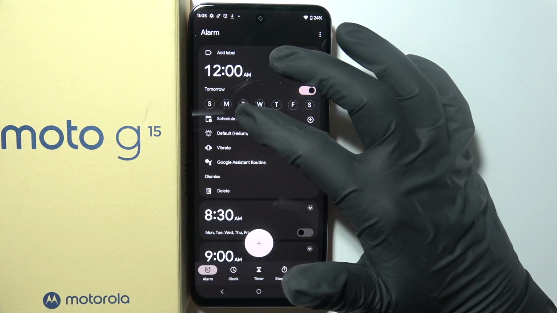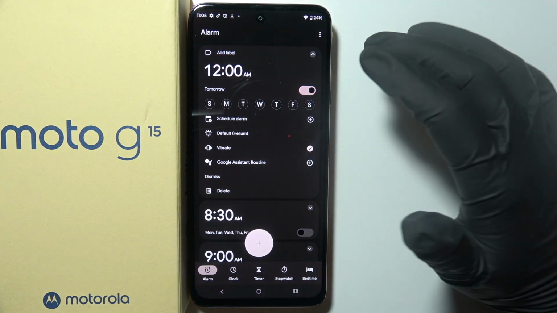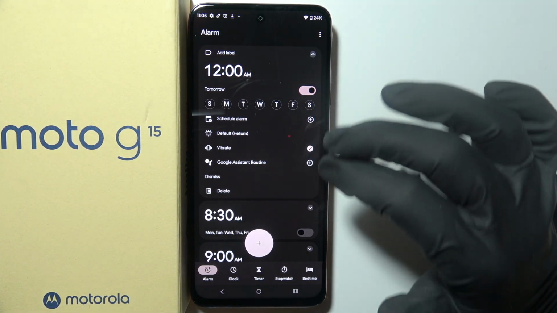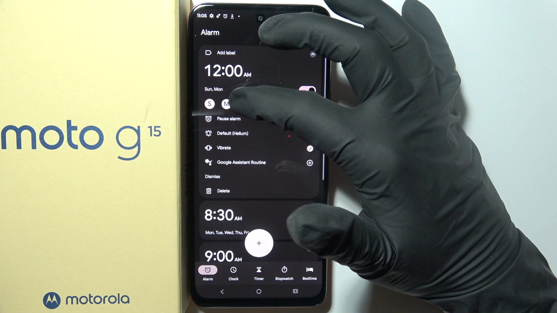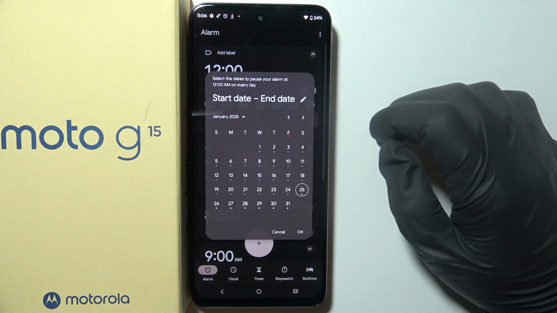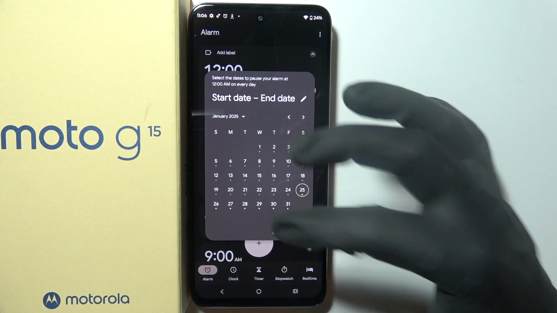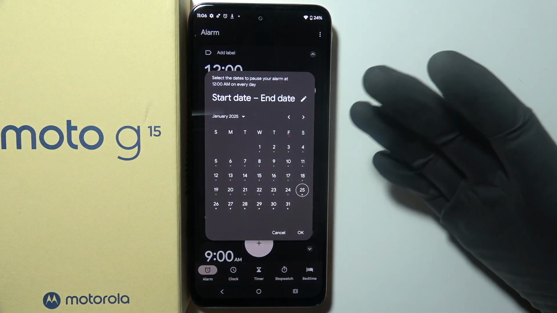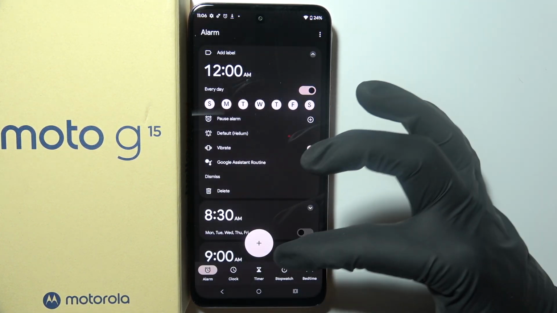Then we can adjust on which days it should ring. You can enable it only for tomorrow, or you can use whichever days you like it to ring. Then there's the pause alarm that you can select specific days where it shouldn't ring from your calendar, or you